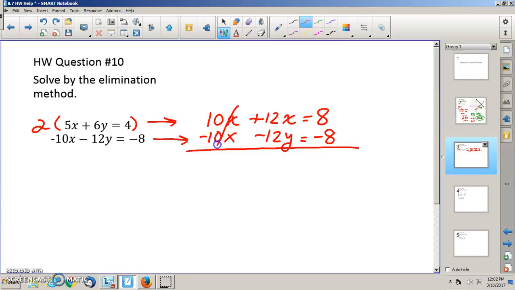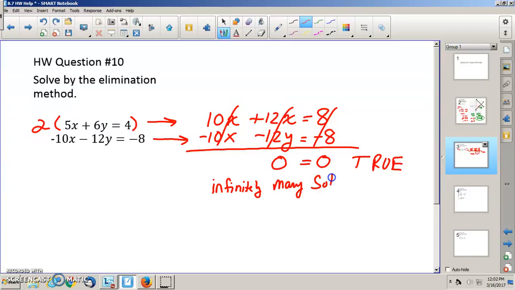Alright, now what you're going to notice here is that you have 0 equals 0. Now, if this happens, it's a special case. If both variables are eliminated and you get a true statement, then that means there are infinitely many solutions. Alright, what does that mean? That means that if you were to graph these two lines,